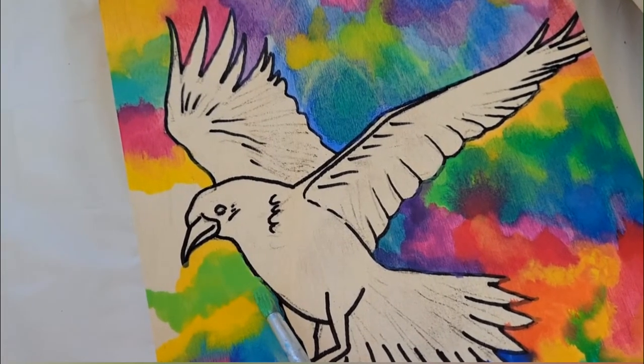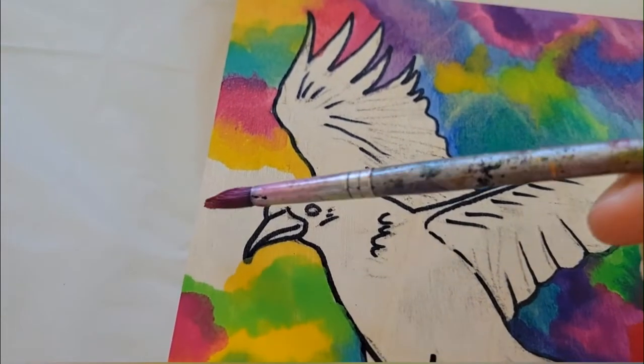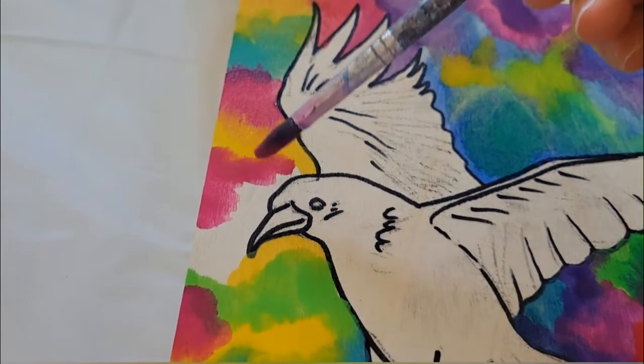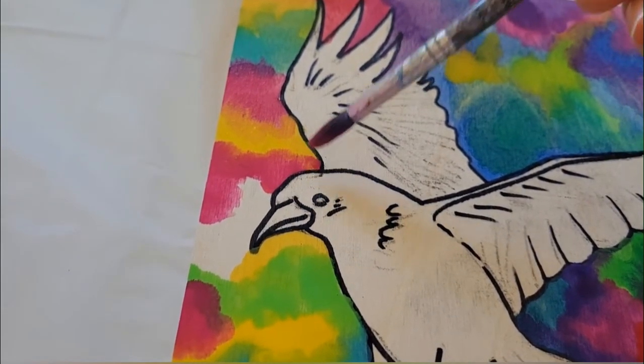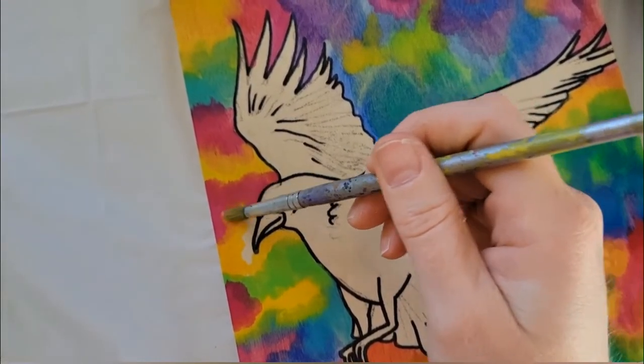I do have to say that I am super surprised and very pleased with how these watercolors are reacting with the birch panel. They are really maintaining their vibrant pigments, which is outstanding. I was afraid that they would be a bit diluted as they absorbed into that wood, but